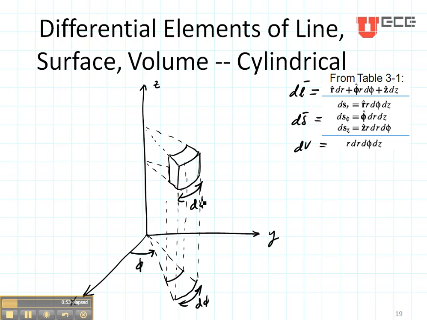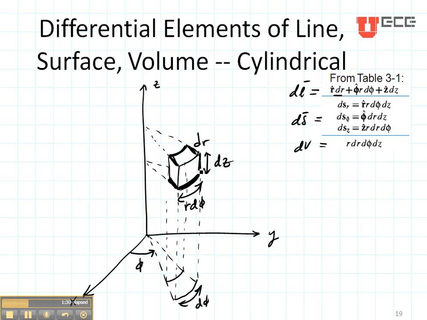The trouble is that doesn't really represent a line. The way we get a line is by multiplying it by r. You can see that this value right here is slightly longer than this value that's at a closer r value. So the distance that we can show here is r d phi. The distance right here that's represented is dr, and this distance right there is dz. So my elements of length are dr in the r direction, r d phi in the phi direction, and dz in the z direction.